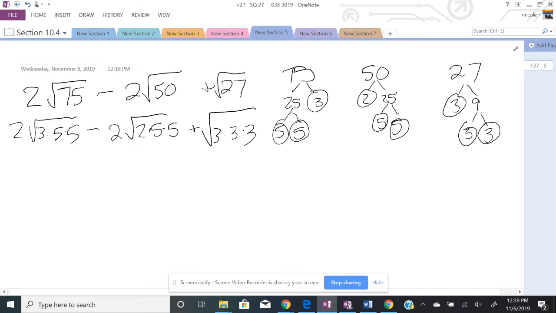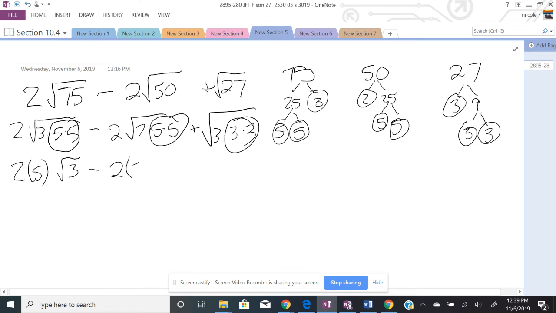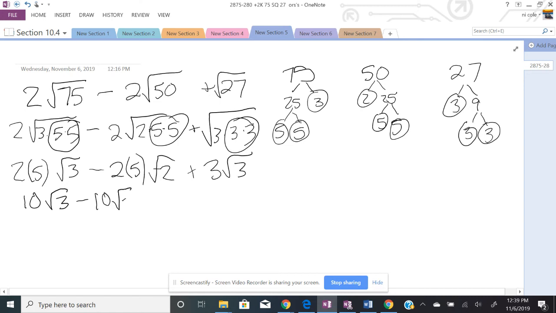These are all square roots, so I'm looking for twins, twins, twins. All right, so that's 2. And then when the 5 comes out, it gets multiplied by that 2, and the 3 gets left inside. Then I have minus 2 times 5 times the square root of 2, plus, and then I have that 3 that comes out times this with a 3 left inside. So 2 times 5 is 10 square roots of 3 minus 10 square roots of 2 plus 3 square roots